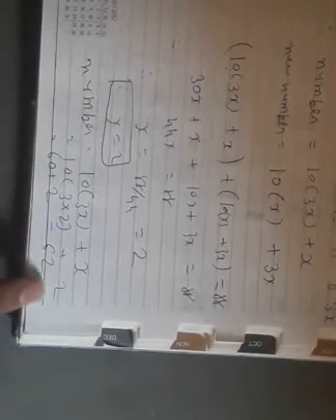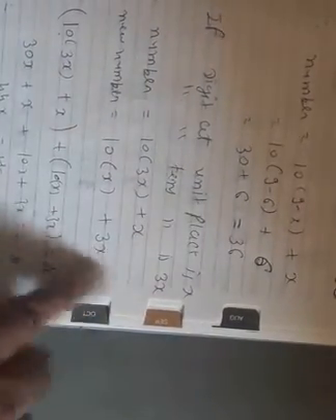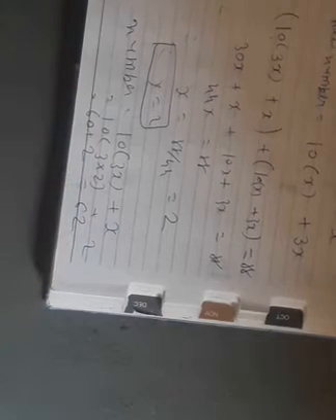Now we can simply put this value in the original number. If I put the value 2 here, 3 times 2 is 6, 6 tens are 60 plus 2, so it becomes 62. Now we supposed that the unit place is x and the tens place is 3x. If we suppose that the tens place is x and the unit place is 3x, the answer will be 26. Just interchange the values and you will get the second answer. So either you get 62 or you get 26, both answers are valid.